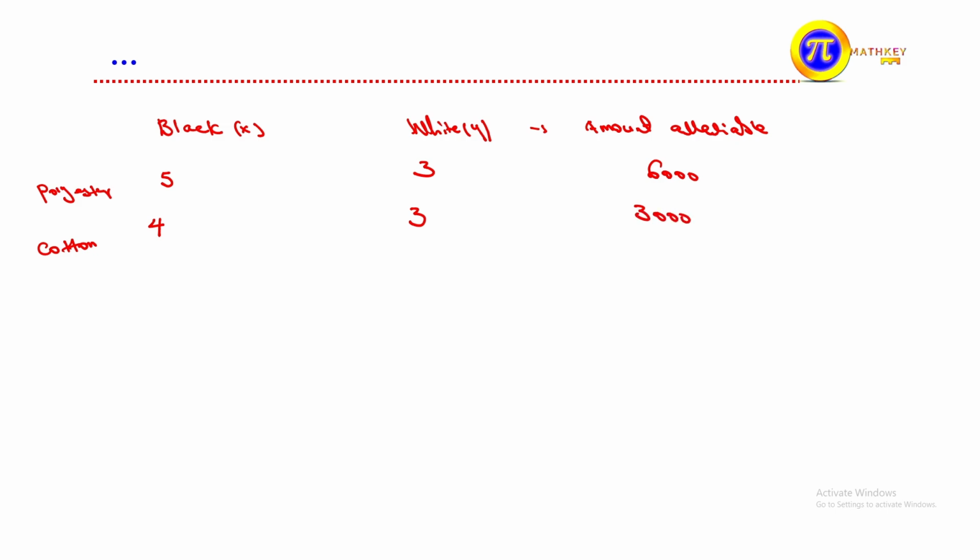ነገር ግን 1 unit of black shirt ለማምረት 5 units of polyester እና 4 units of cotton ካስፈለገ number of black shirts ለማምረት ምን ያስፈልጋል ማለት ነው? 5 times x ይሆናል. In case of cotton, you have 4 times x ይሆናል. So we collect for both black and white shirts in the case of polyester together, and in case of cotton we take black and white together. ለምን ለሁለቱም ሸርቶች የምንጠቀም ፖሊስተር እና ኮተን ምን ይሆናል ማለት ነው? ተመሳሳይ ወይም ደግሞ ቶታል አማውንቱ 6,000 እና 3,000 ነው መሆን ያለበት ማለት ማክሲመም መሆን የሚችለው ይሄ ነው፣ ግን ሊያንስ ይችላል።